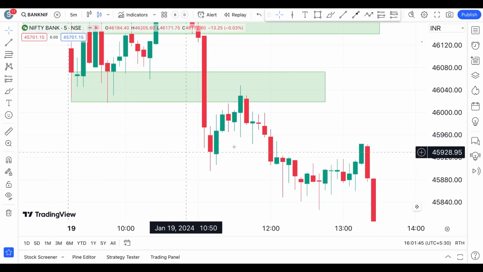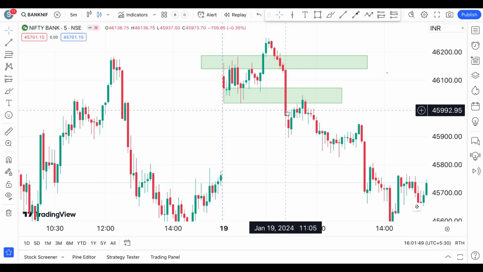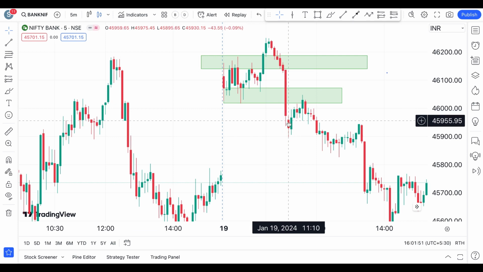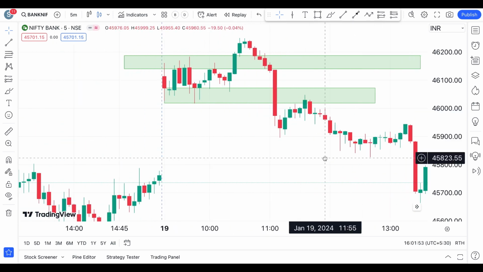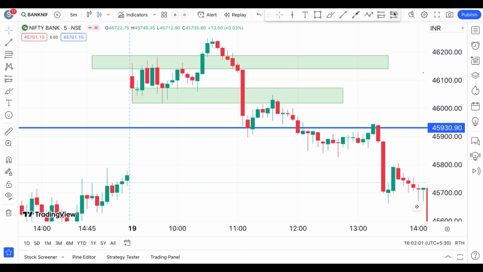So now you know here that, see, now this is going to be interesting. Here you have seen a breakdown with a confirmation candle coming at 11:10. Here is your confirmation candle. Now again, this can be an ideal location to enter towards the put side, but you have to mark